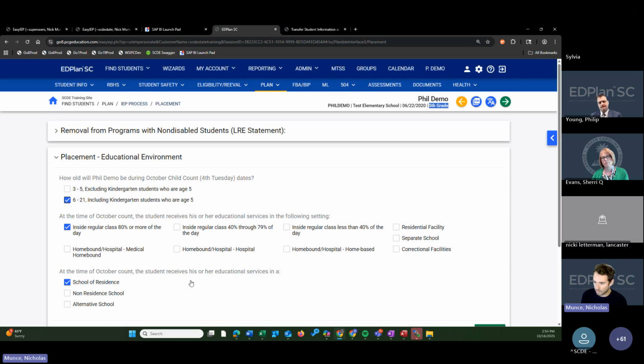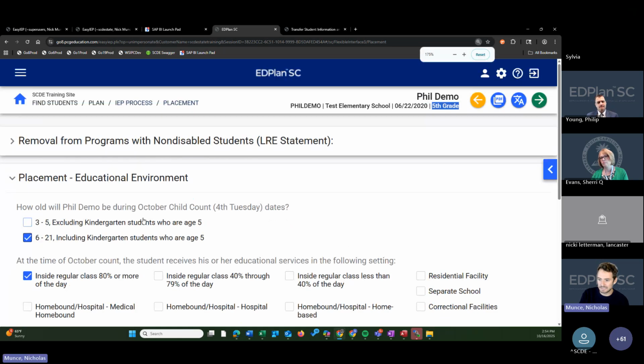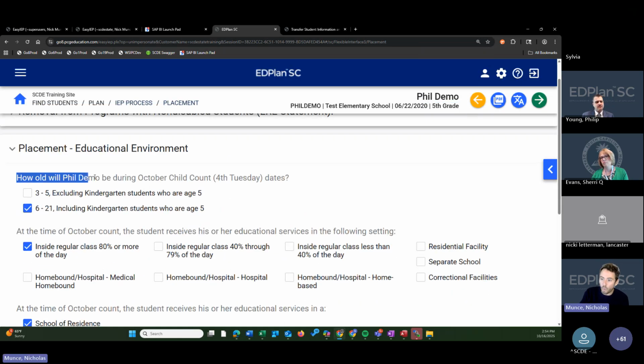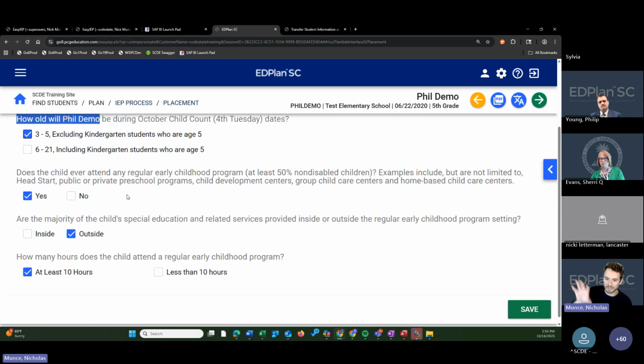The vast majority of these, I believe, are students who are in kindergarten now. This question asks the user to indicate how old the student will be during October child count. So if a student was 5 years old last year but was not yet in kindergarten, and this was selected, and you answered all the questions to get a placement value for a student who was not school aged,